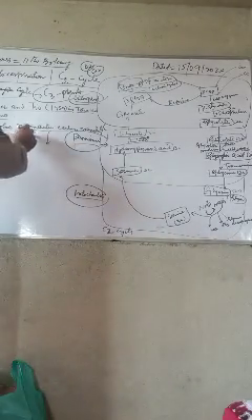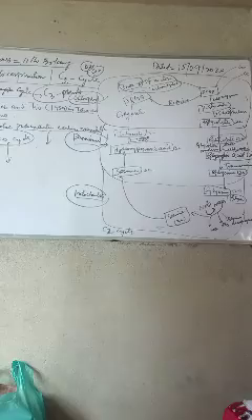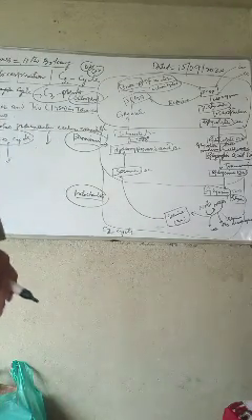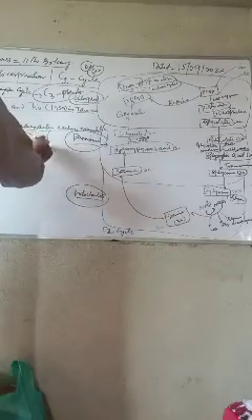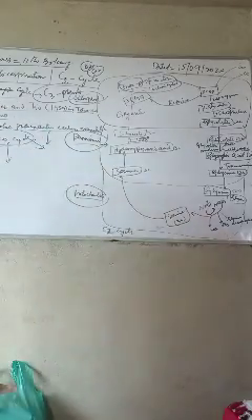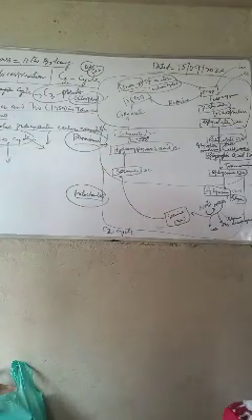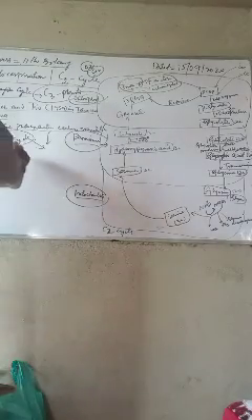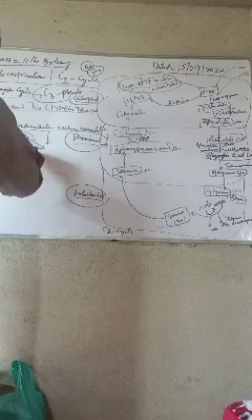That is why we also call it the PCO cycle. Now this PCO cycle, that is photorespiration, is the characteristic of C3 plants, and it generally depends upon light,